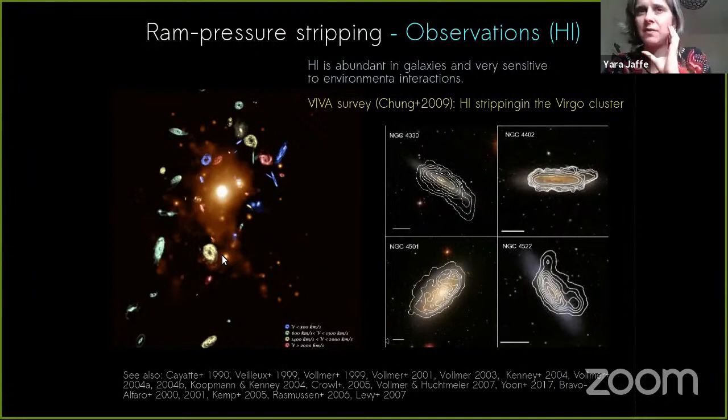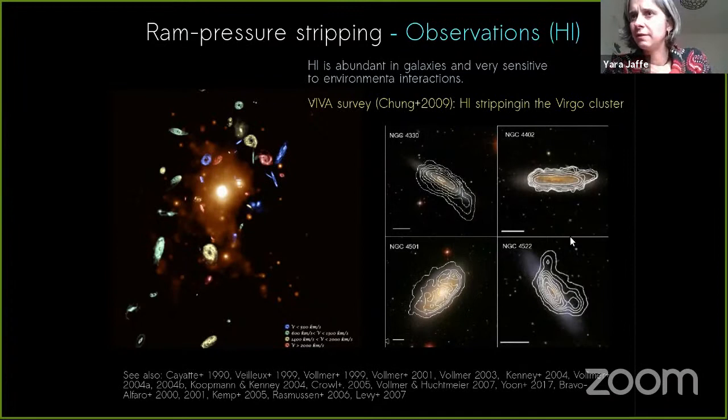These have been magnified by a factor of 10 so that you can see them. And the beautiful thing is that in the outer parts of the cluster, you have these very extended disks, but as you go closer to the cluster, these disks become quite smaller. And you actually see some of these ram pressure stripping features